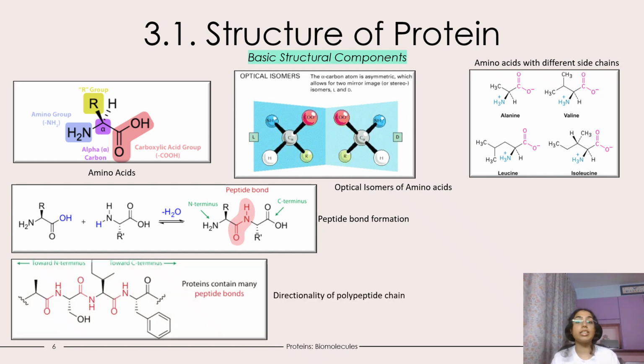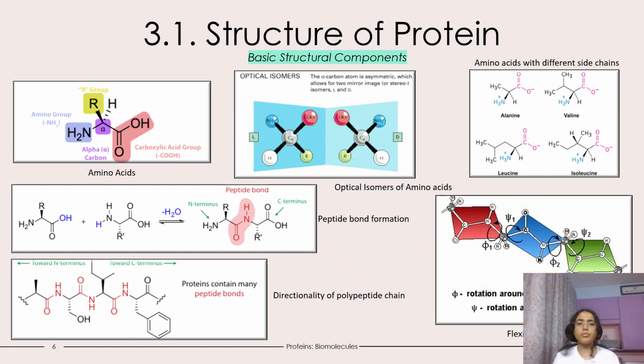Polypeptide chains exhibit directionality, an essential feature for determining protein function and structure. One end has an amino terminus, or N terminus, while the opposite end features a free carboxyl group called the carboxy terminus, or C terminus. This orientation matters greatly. The sequence of amino acids must be read and represented from the N terminus to the C terminus. Reversing this direction yields a different polypeptide entirely.